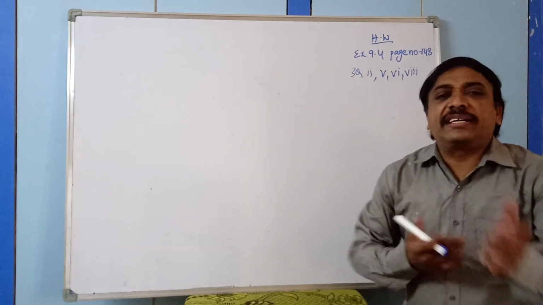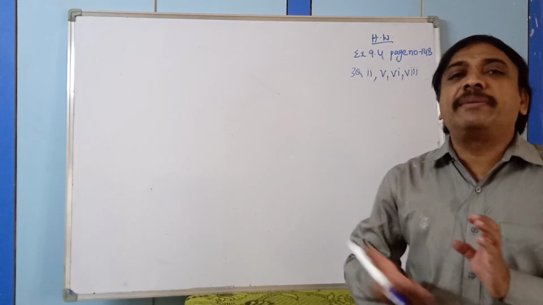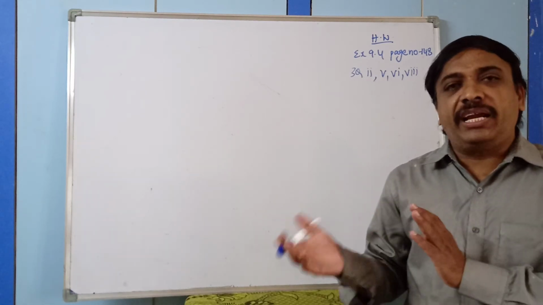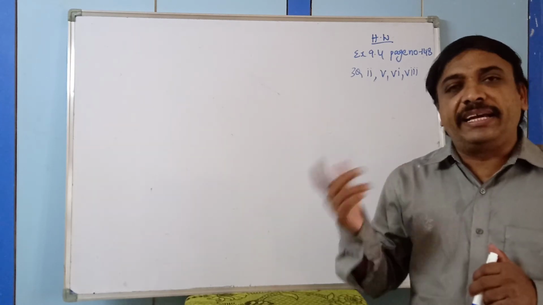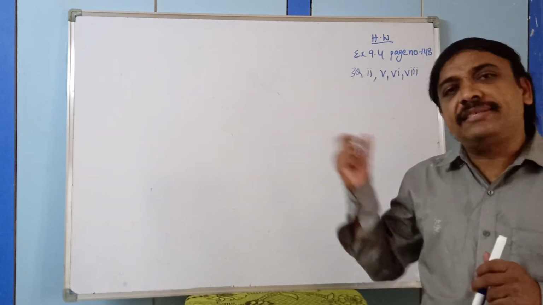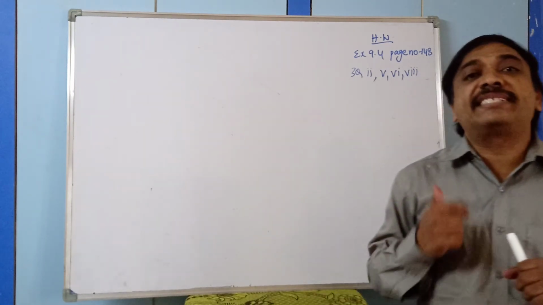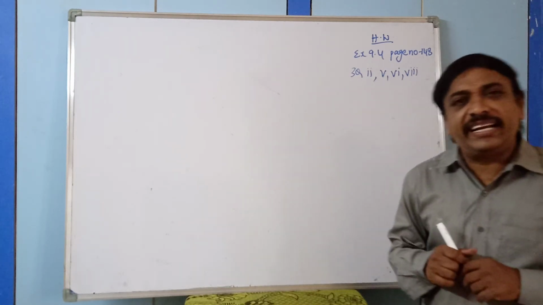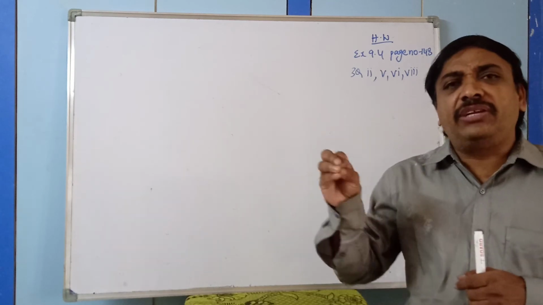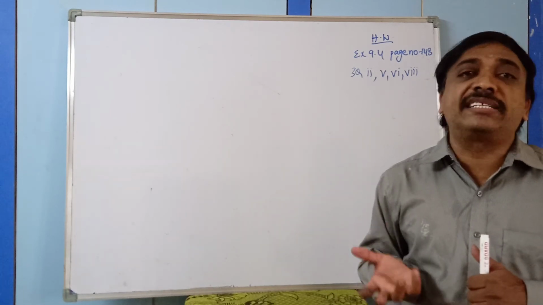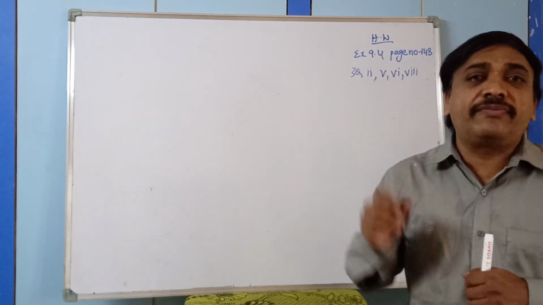So what we have discussed today from exercise 9.4 leftover questions: we discussed how to simplify after multiplying binomial to binomial and binomial to trinomial, how to simplify the like terms, and what is left over we wrote as the answer. And today we have discussed an important thing, that is the standard identities. What are the standard identities? They are the ones which are satisfied whatever the value substituted, both sides, LHS and RHS, the result will be the same.